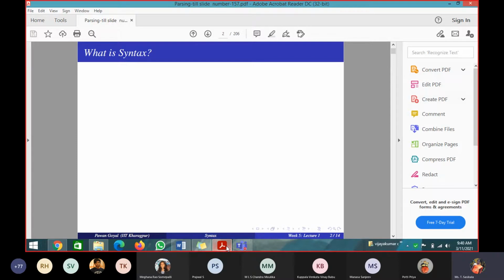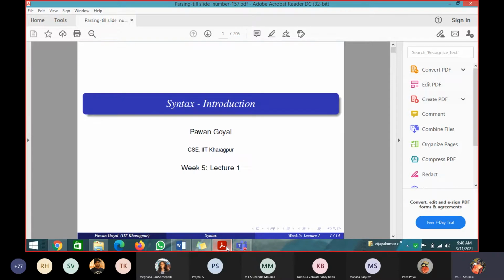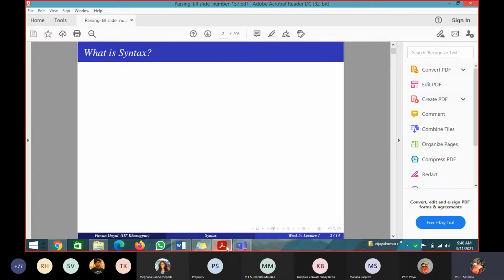Next, we will be moving one level up, which we call syntax. Okay, we will be learning syntax. So what is syntax? Syntax is whether we can arrange words into certain groups. We have studied the internal structure of a word, and we have seen the POS tagging for the words. So words we know how they are framed, and for each word I know the POS tag. The next level is how to arrange these words to make a proper sentence.